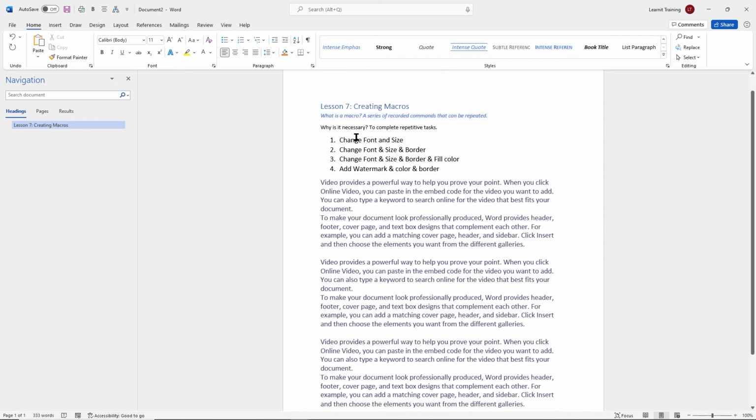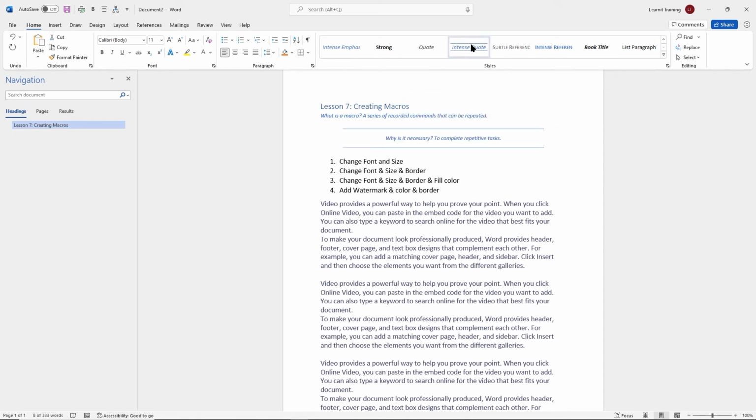And so why is a macro necessary? Well, it's necessary to go ahead and complete repetitive tasks. Now, all of us who work in Microsoft Word, we are well aware of some tasks that we repeat on a consistent basis. A lot of that has to do with changing the font and the size in the document, changing the font and the size and the border, maybe. So what we'll do, I'll go ahead and apply another effect to